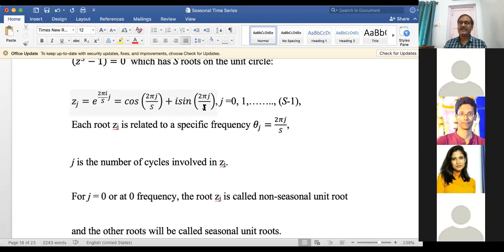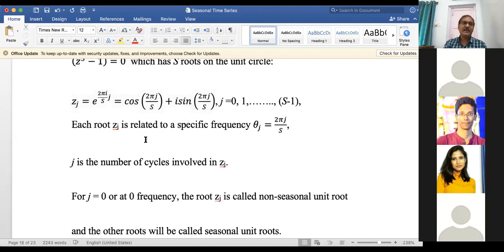How do we define sin theta? Perpendicular by hypotenuse. So if theta is equal to 0, in that case, the hypotenuse coincides with the base. That means the length of the perpendicular will be 0. So if the length of the perpendicular is 0, the value of sin theta will be 0. So the value of sin theta at theta equal to 0 is 0. And the value of cos theta is equal to 1 if theta is equal to 0.